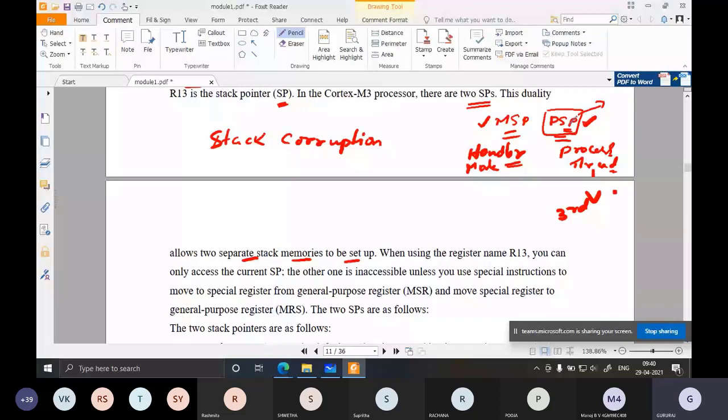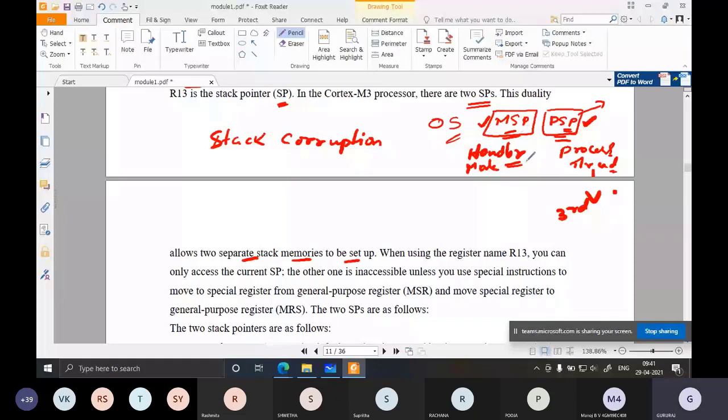Even though it will get access to this process stack, PSP, it can delete only the user program data. The system programs, whatever the OS is running on the embedded system, the OS files and the main files, the data will be available in the main stack. So even though this is a virus, it can only corrupt the process stack, but it will not gain access to the main stack. Hence the data of the OS, which uses the main stack, will not be corrupted, and the OS can still recover. That is where two stacks will be used.